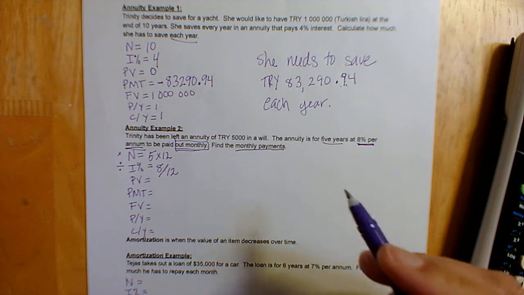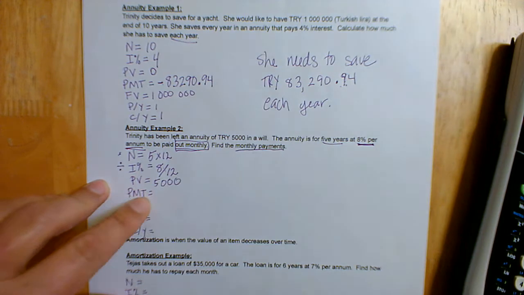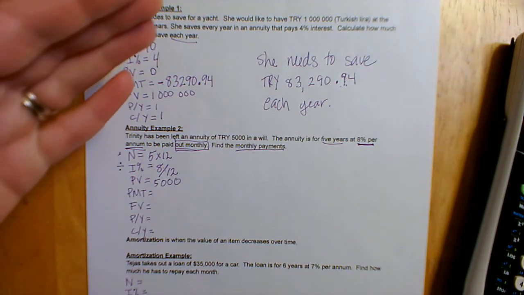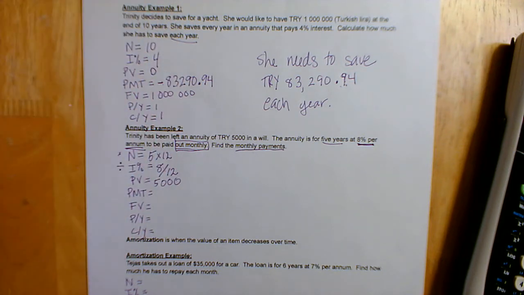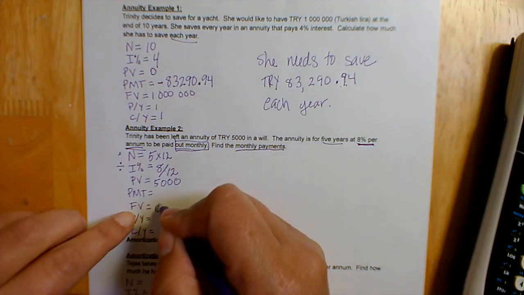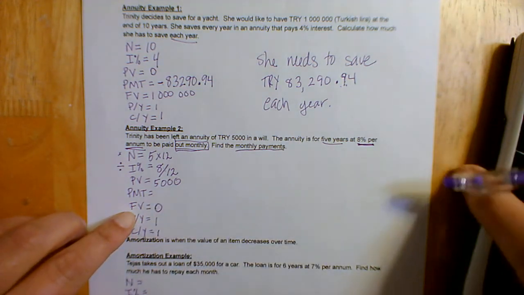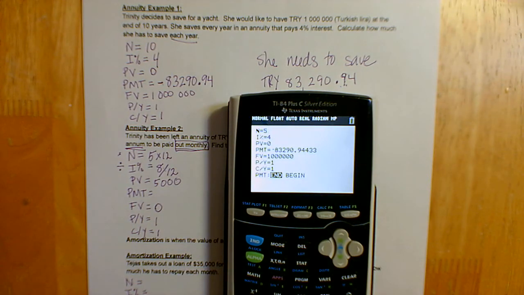What is her present value? So her present value is going to come out to be 5,000. Please notice, it's positive because she's now getting this money. The bank is saying, here you go. Okay, so she is going to be getting this money. And our payment, that's what we want to find out. Future value, well, once the bank pays it all to her, they won't have anything left, and these are 1. So let's see what happens in our calculator when we put these numbers in. So 5 times 12, because over 5 years, she's